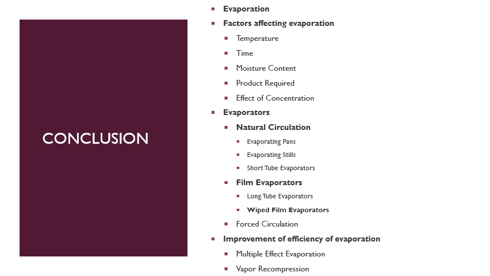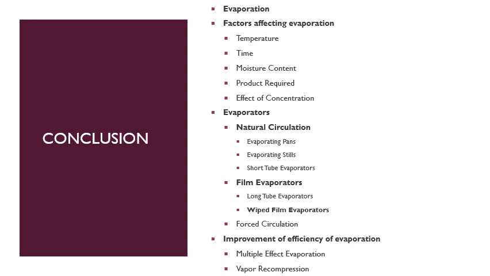The third type of the natural circulation evaporators were the short tube evaporators. In this, the liquor to be evaporated was present in the short tubes, and these were heated through steam jacketed tubes. There were a number of steam jacketed tubes present, heat was provided and the evaporation was carried out. Again, in these processes the solvent recovery is possible.